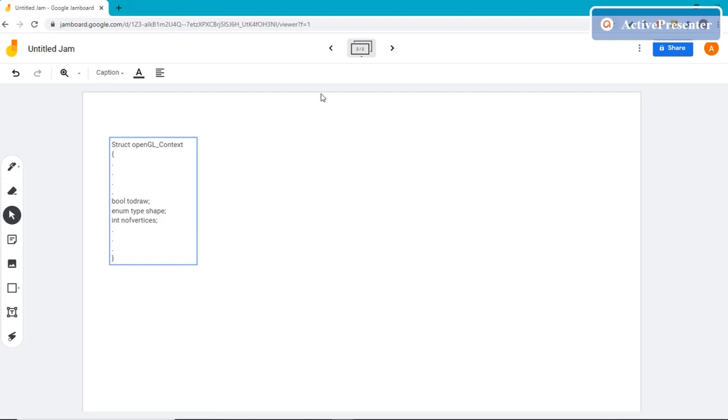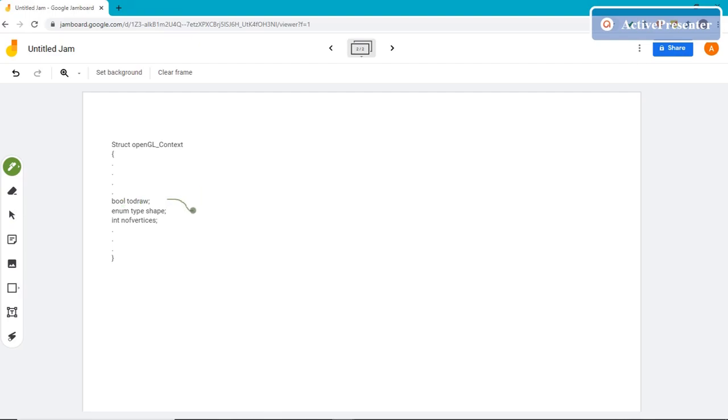Now the developers at OpenGL one day thought, well, look at these three variables, they kind of look related to each other, so why don't we relate them in some manner? So how do we do it? And see, yes, we use structures for that.